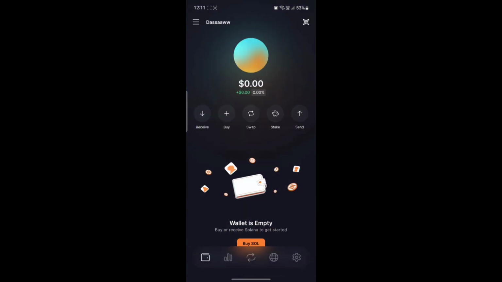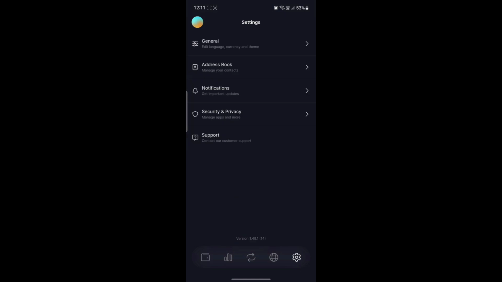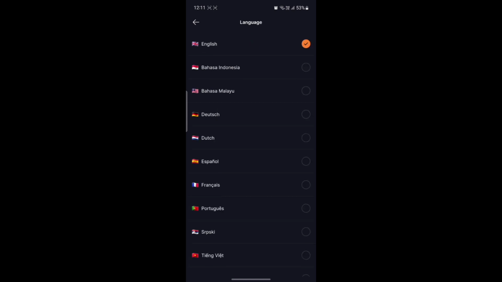The next step is to click on the settings or gear icon on the bottom right hand corner. Once you click on settings, go to general. On top is language settings. Just go ahead and tap on language, and as you can see, the default language is English according to your